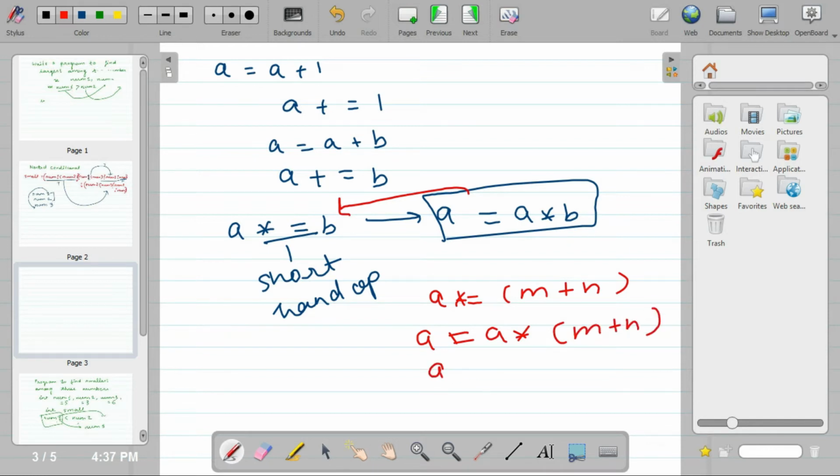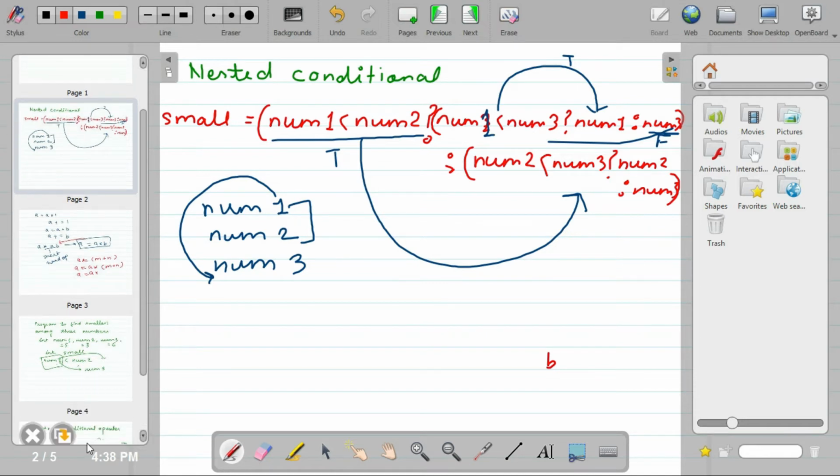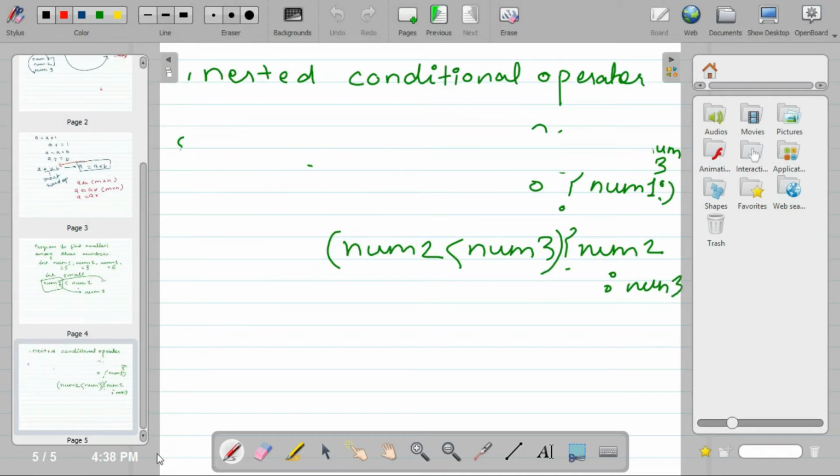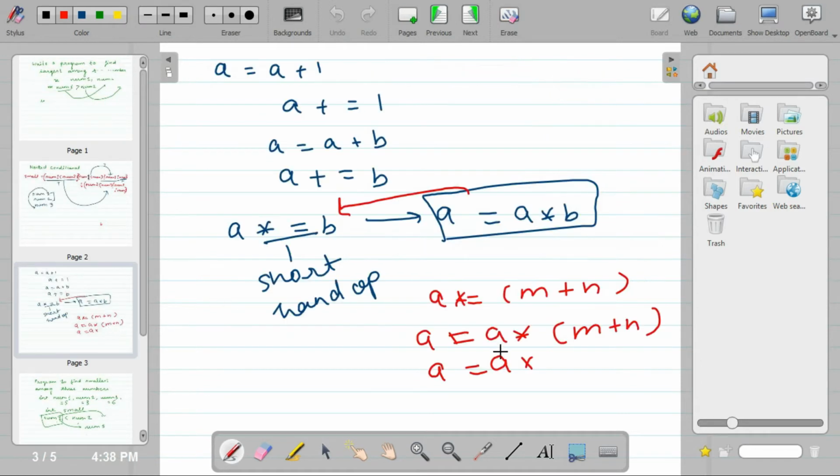Or if you want to write A = A * B * C, then also you can write A *= B * C. So, these are called shorthand notations, shorthand operators.